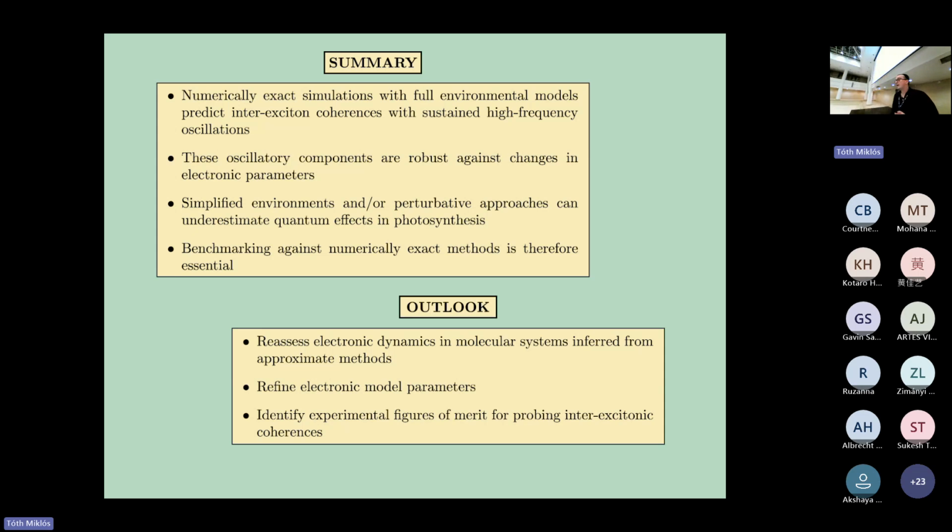And in the outlook, we have seen with this simulation of absorption spectra that we might need a reassessment of electronic dynamics in molecular systems inferred by approximated methods. We need a manner of refining electronic parameters that is capable of including the influence of the entire environment, and most importantly, identifying an experimental figure of merit for probing the presence of these interexcitonic coherences that are not